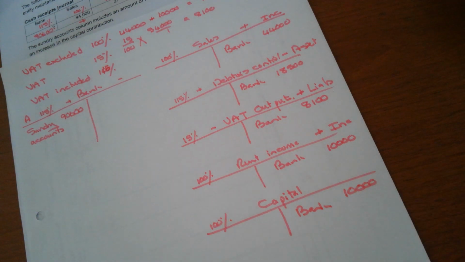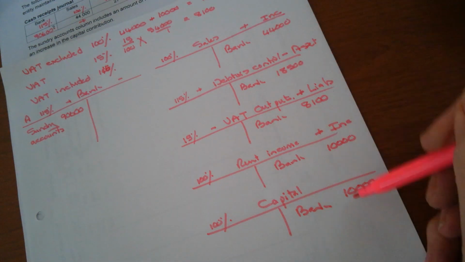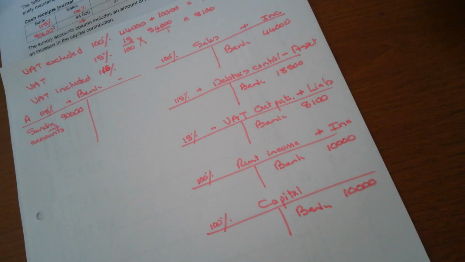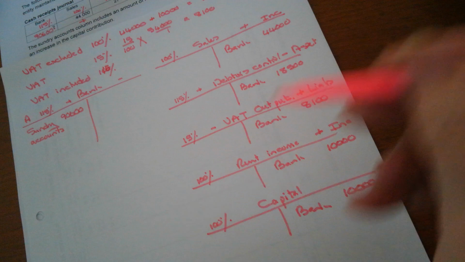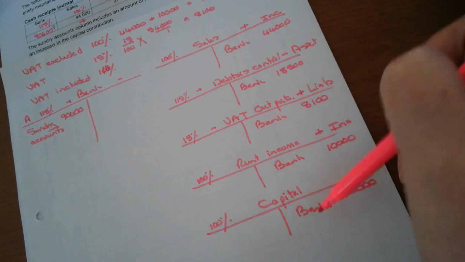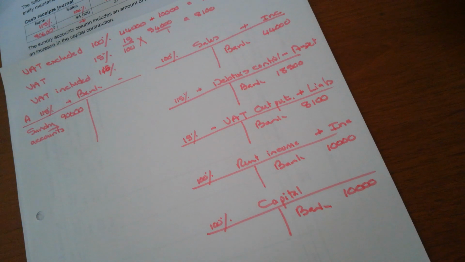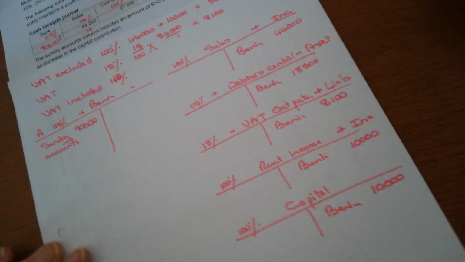So if we add up all the figures here on the credit side, it will equal the amount on the debit side. And that's why you will write every time bank to indicate that this figure is included in the bank figure. Okay, if we look at the cost of sales, the figure is